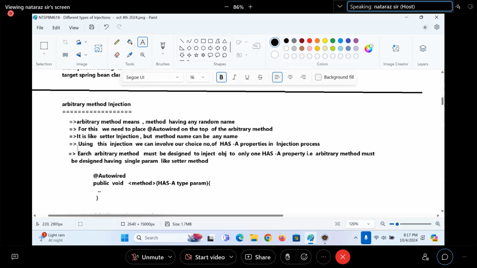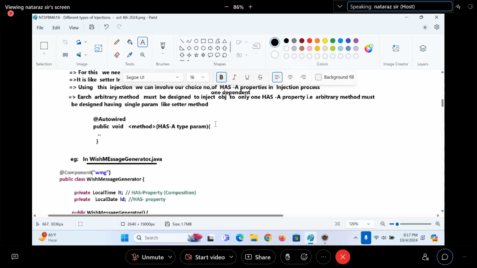That's good, guys. Each arbitrary method must be designed to inject one dependent object to only one property, because all the methods take a single parameter. This arbitrary method must be designed having a single parameter like a set method.